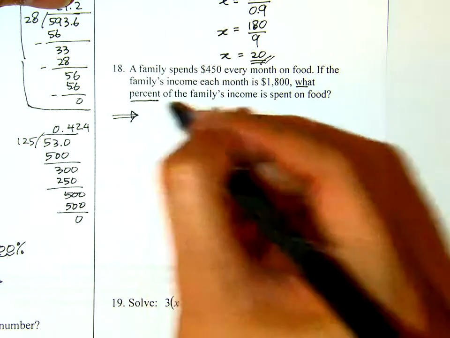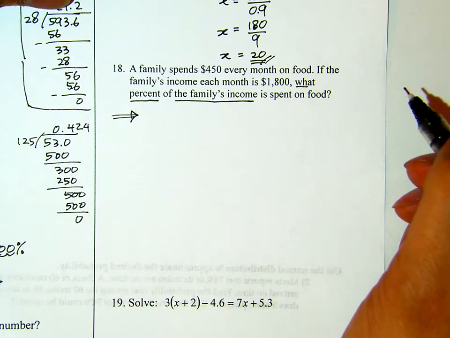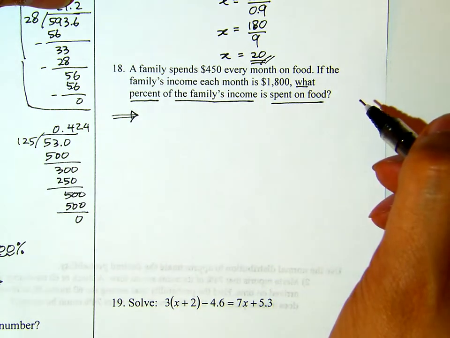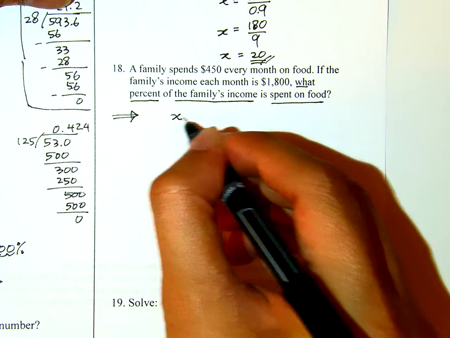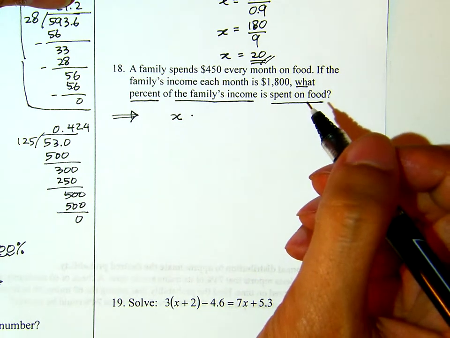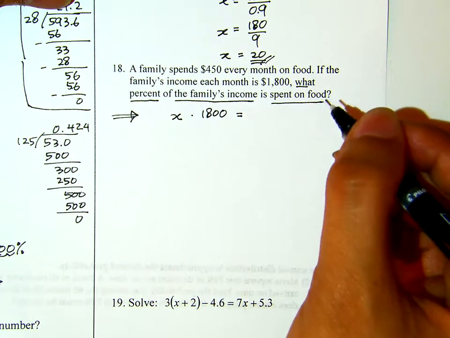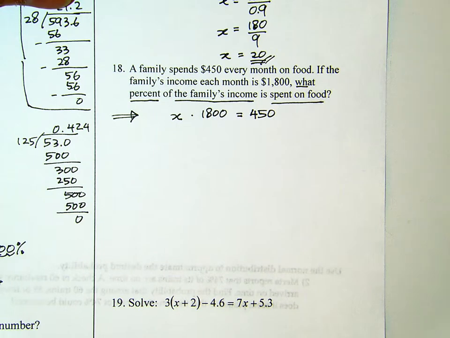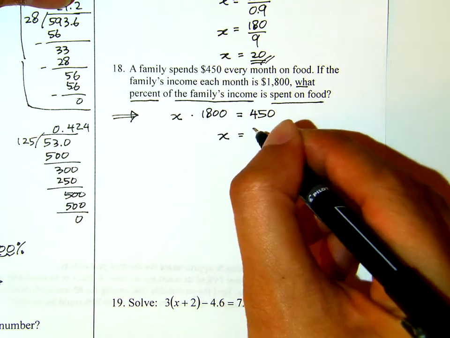What percent of family income, what is the family income? The family income is 1,800, right? Is spent on food. Now the one spent on the food, it will be 450, right? Now if I translate this, what percent, I use x, of family income, which is 1,800, is on food. That's the equation. Okay, now we will solve for x, maybe in fraction first, and then later on we'll convert